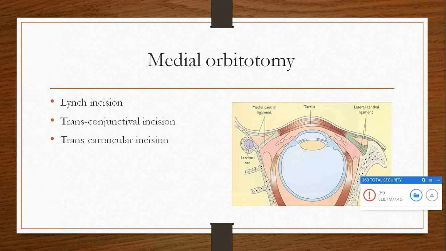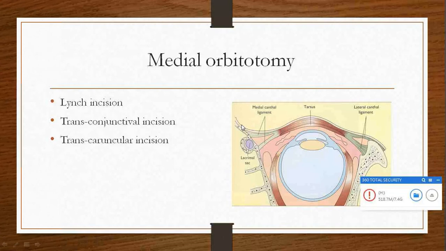Medial orbitotomy is indicated if the tumors are medial to the globe, towards the nose. So you can approach this space. The tumor can be in the intraconal space, medial to the globe, or it can be medial to the medial rectus also. These you can approach by Lynch incision.